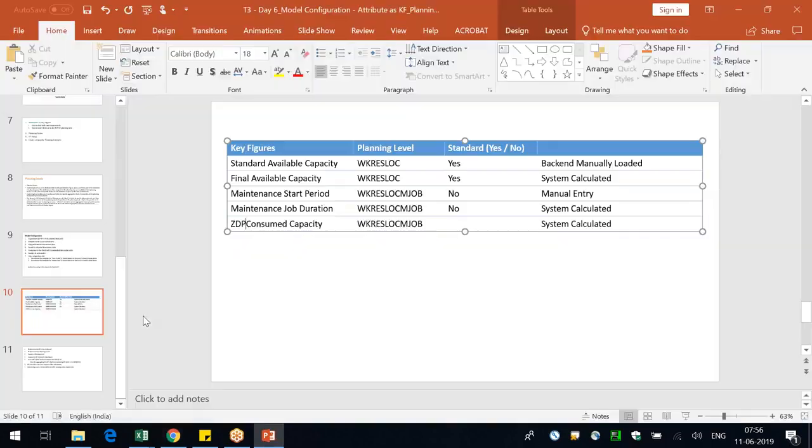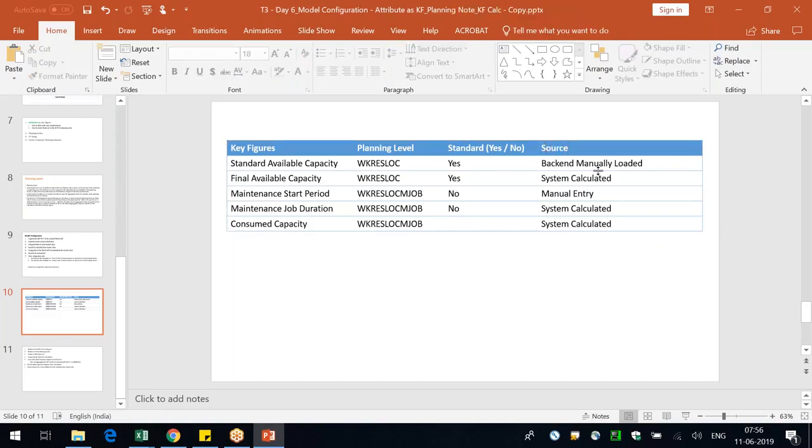The second thing is that you have to make a tracker like this and specify what the key figure is, what its purpose is, and the source, how this key figure would be loaded. Some key figures could be manually loaded. Because there are just 5 key figures now, it makes sense, but some planning areas will have almost 1,000 key figures. In the second project, we had almost 1,300 key figures, and SAP came into the picture and said it was going to hamper cloud performance because we had taken a very restrictive cloud space. So the key figures can shoot up to any level, and if you don't specify the source,